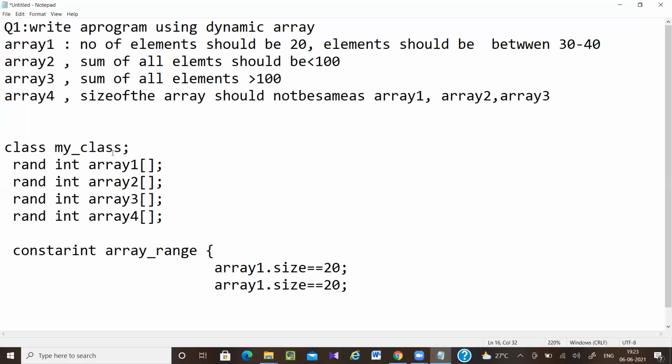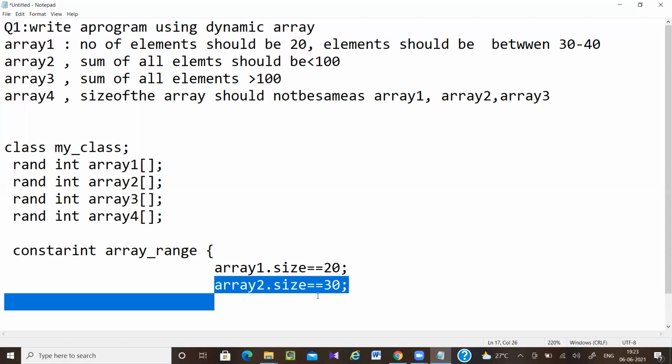So array 2 size. In array 2, I have not mentioned any size, so it's up to you. You can write any array 2 size, like 30, or you can simply comment it. Array 2 size can be anything, but you have to give a default value also, like let the default value be 30. And next, for array 3 also there is no size.